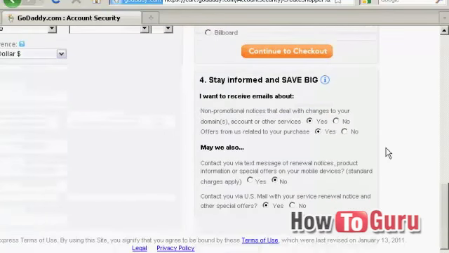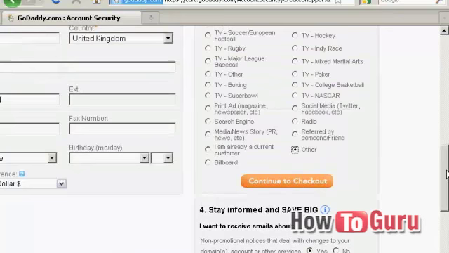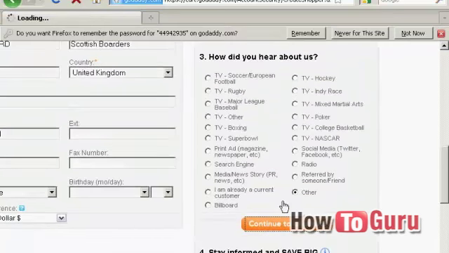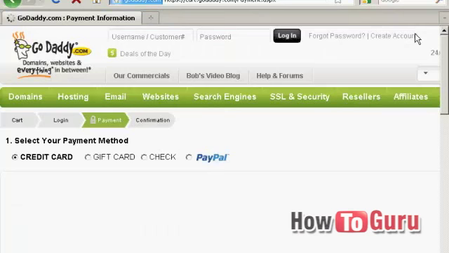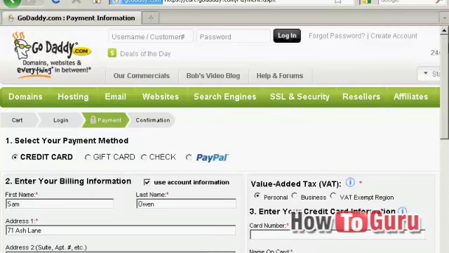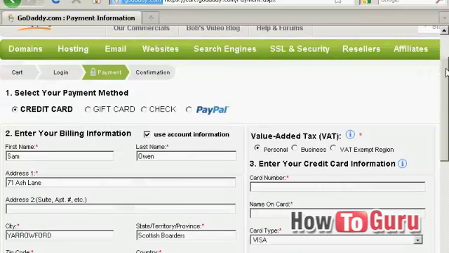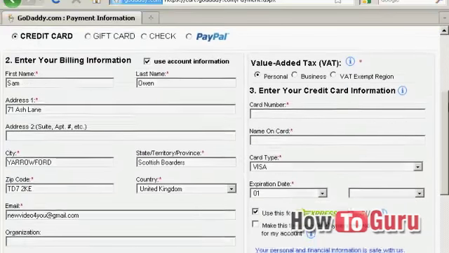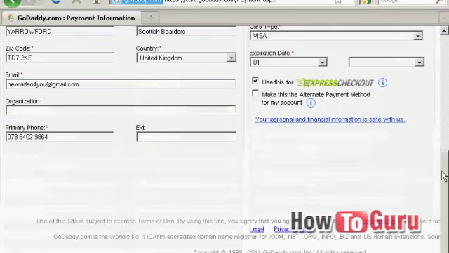Also can select whether you want to receive email messages and so on. I'm going to leave it as it is and just continue to checkout. And I don't want them to remember that, so we'll clear that. And then it takes me to the final page where I enter my credit card or PayPal information